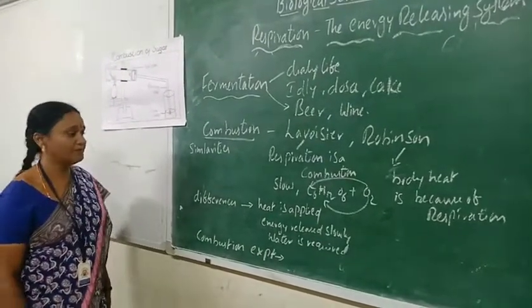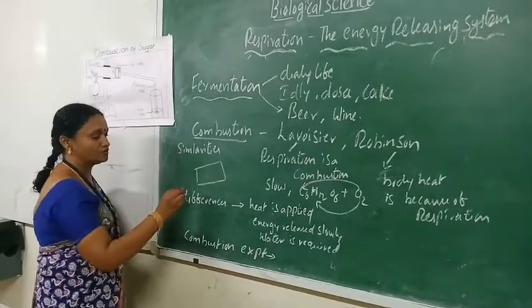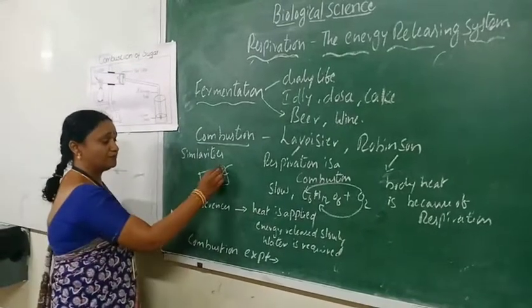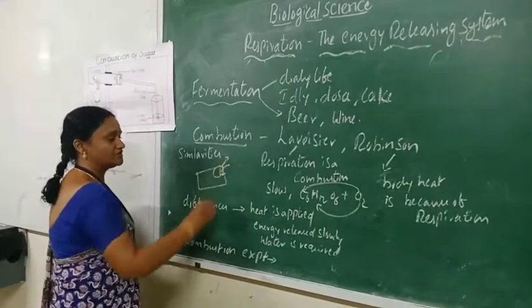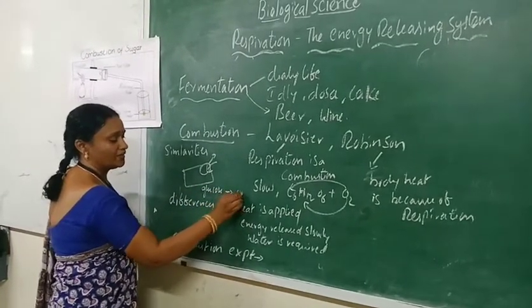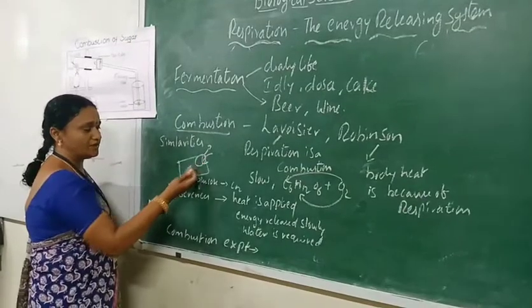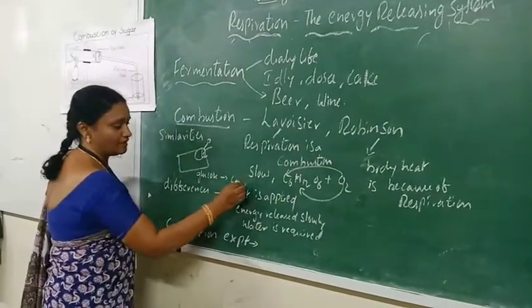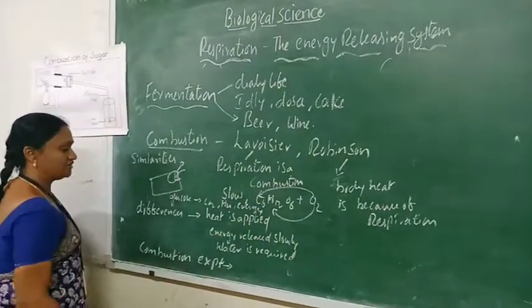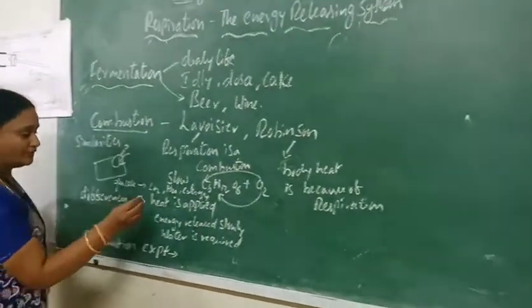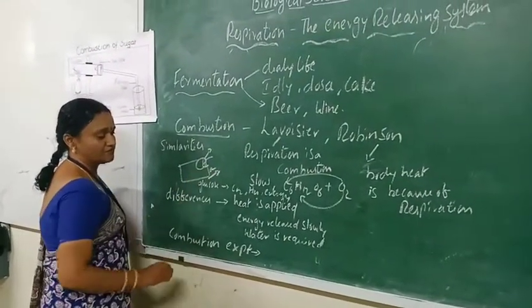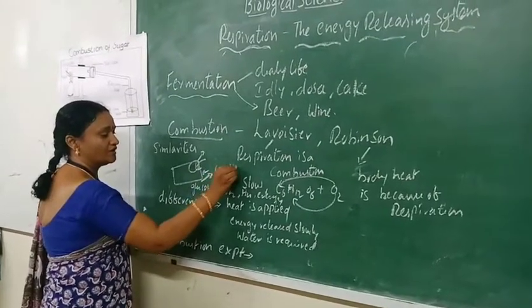Paper is nothing but cellulose, a type of glucose. When you burn the paper, it turns black and it also releases carbon dioxide. Here the glucose molecule is changed into carbon dioxide, and we observe droplets of water below the paper, and along with that we observe the release of energy. And in respiration also, the glucose molecule burns in the presence of oxygen and liberates carbon dioxide, water and energy.